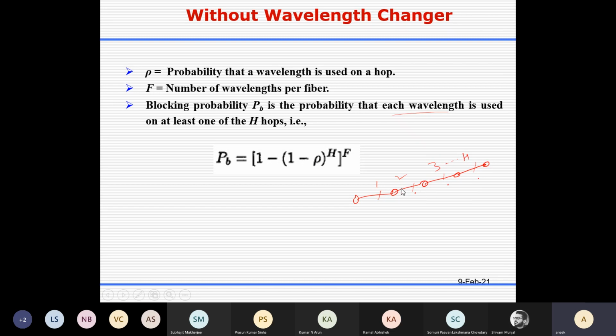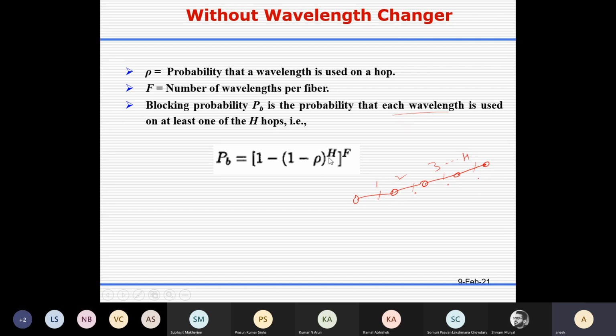Then you have to compute that the wavelength is available along the h hops. So that is your 1 minus rho whole to the power h. That particular wavelength is available along the entire path.